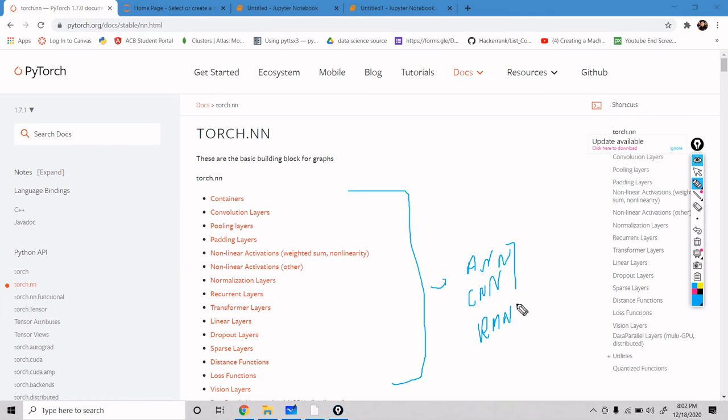But the main concept is that we have to use the OOPS Python program here. So this is the basic introduction of PyTorch. In my next video, I will take data from Kaggle and perform ANN by using PyTorch.